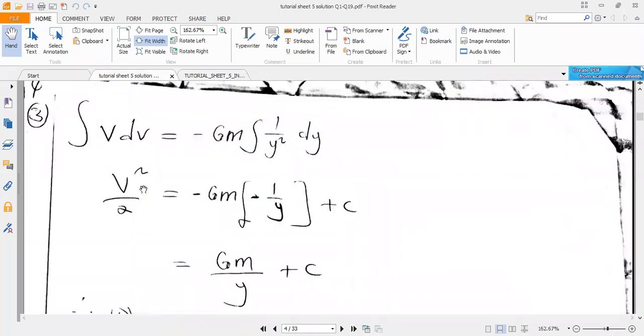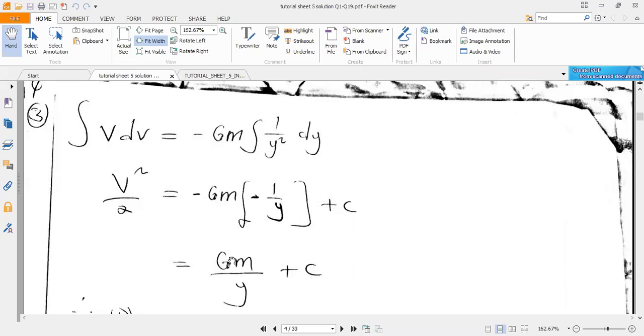The integral of v dv is v squared over 2, which is equal to the negative of GM, because GM is now treated as a constant. Then we are integrating 1 over y squared dy. The integral of 1 over y squared dy is negative 1 over y plus the constant c. But since this has a negative and there's a negative outside, negative times negative